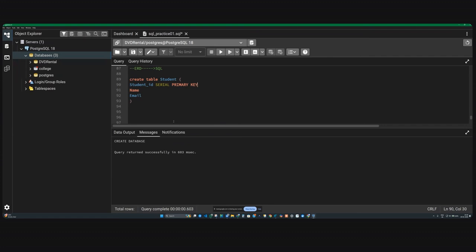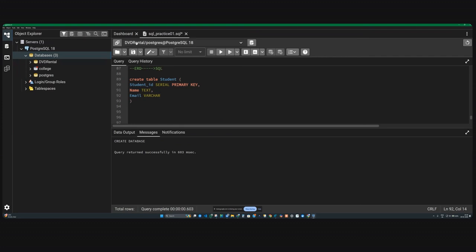Okay, now you have to put a comma after this name. What is a name you can use? Simple text. Okay, then comma, and the next one is email. I can say where. Okay, so I've added three tables, and see here also when you run, you have to just make